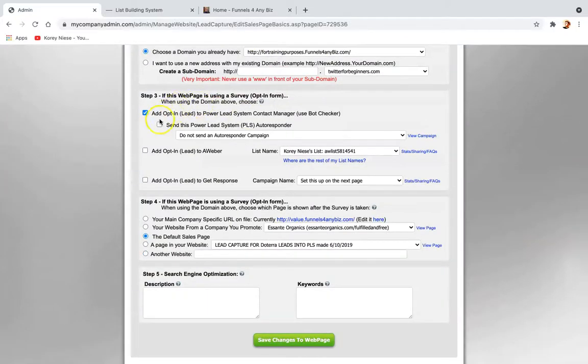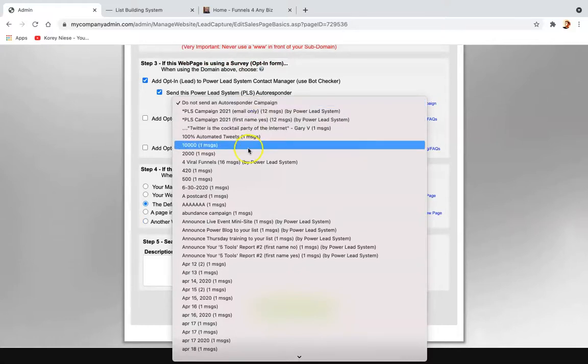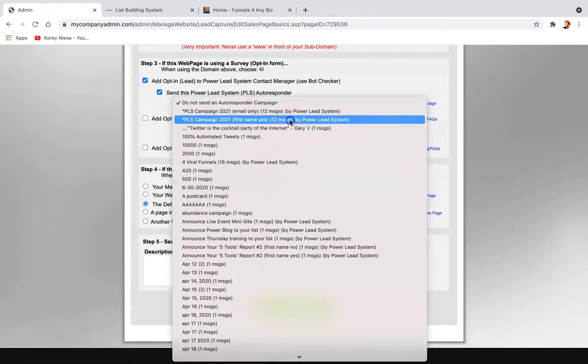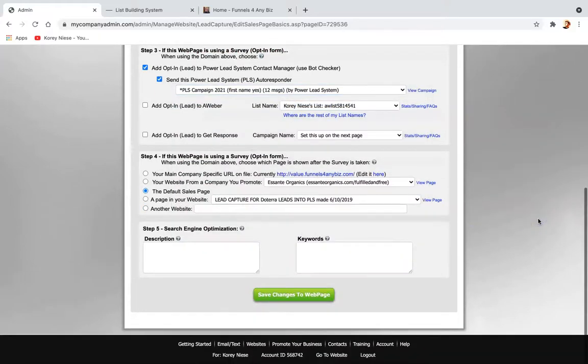Then you can select these other options here. Do you want to have an autoresponder sent out automatically? If so, you can select one of the different campaigns that we have, and then you can choose where this is going to. You can put it to a default sales page or any page in your system. Okay,